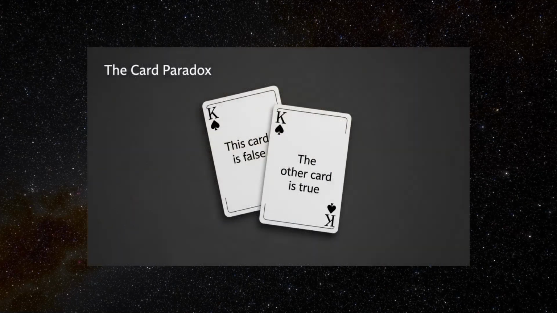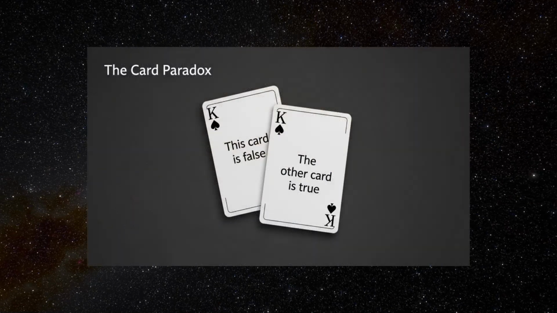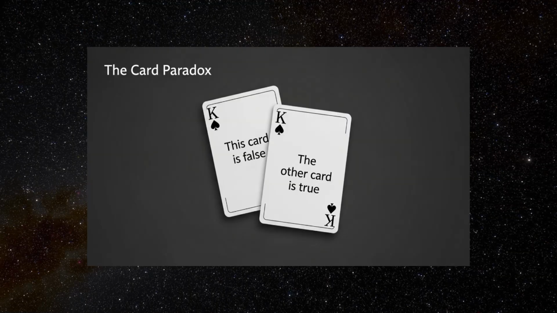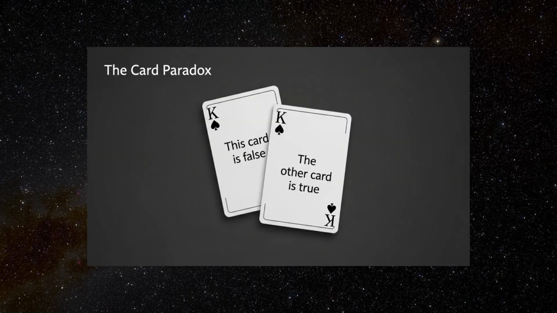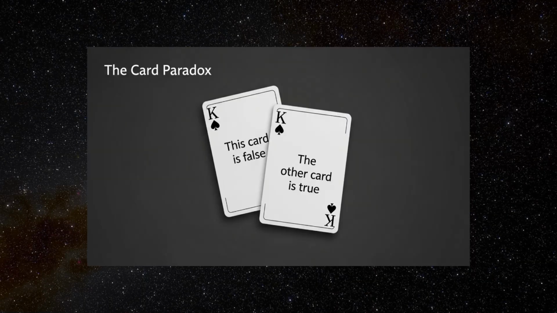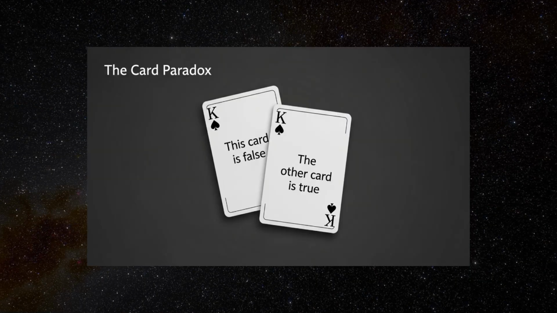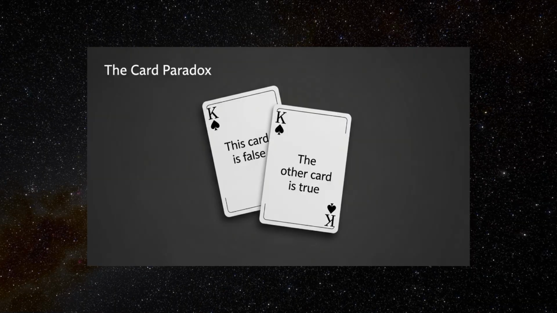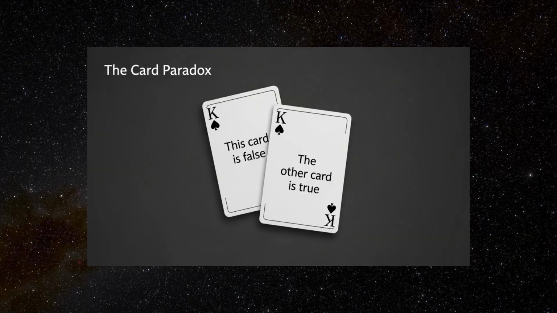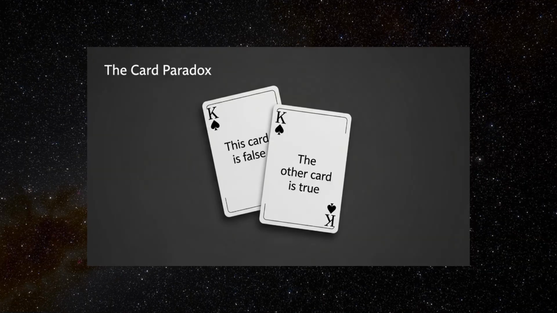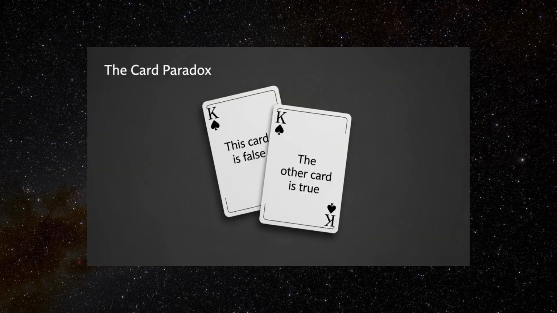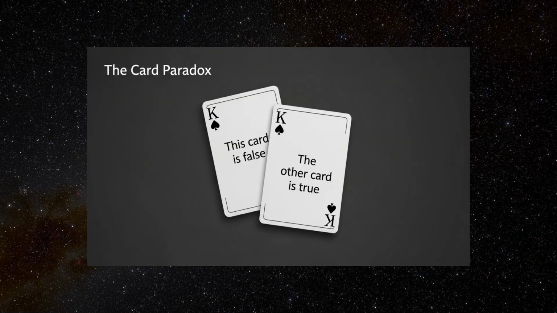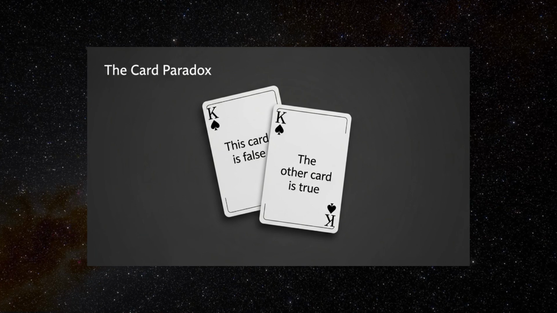The card paradox. The card paradox is a self-referential logical puzzle that creates a contradiction by using language in a way that defies classical notions of truth and falsehood. Like the liar paradox, this statement is false. The card paradox challenges the foundations of logical reasoning by presenting a statement that cannot consistently be assigned a truth value. The paradox is often described as follows: imagine a card with writing on both sides.